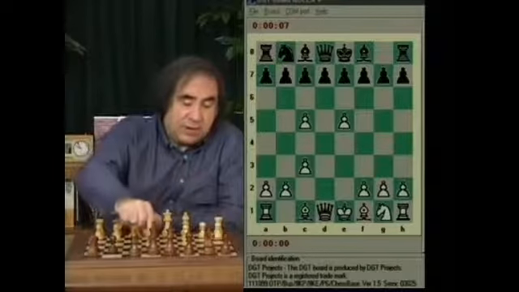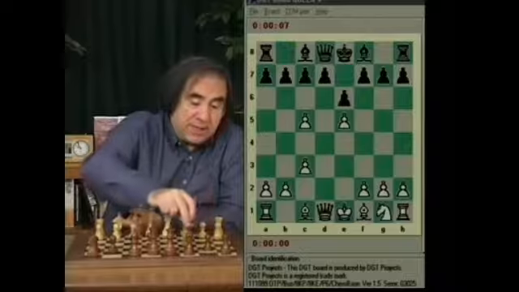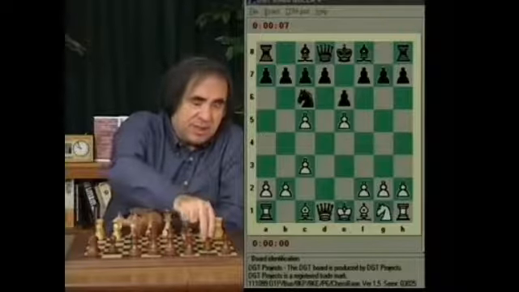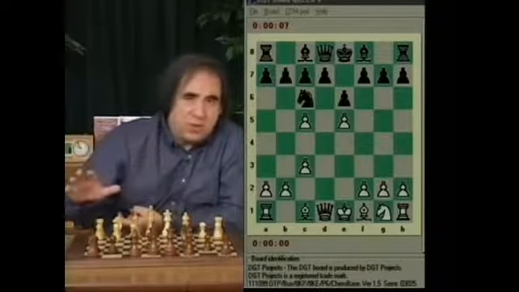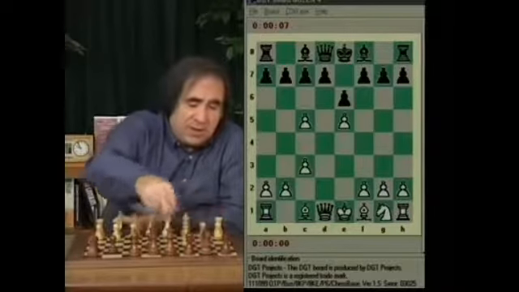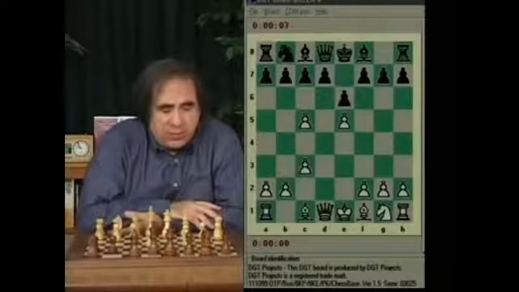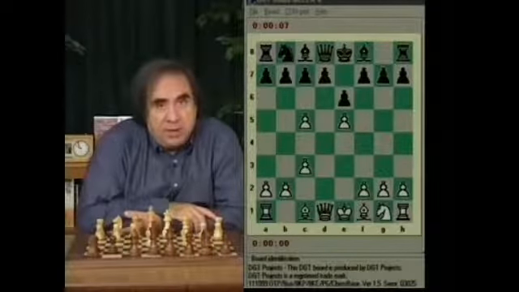But the correct move is e6, attacking the c5 pawn, and later playing knight c6 and b6, and again, I don't want to go into all details and analysis of the Alekhine defense. So the other move is d6, which is also an okay move. But here, white has